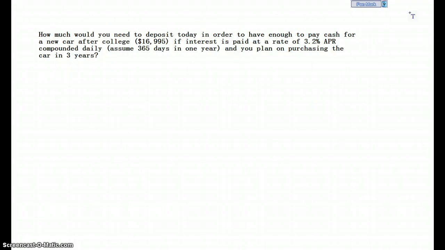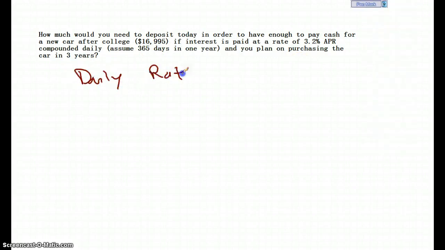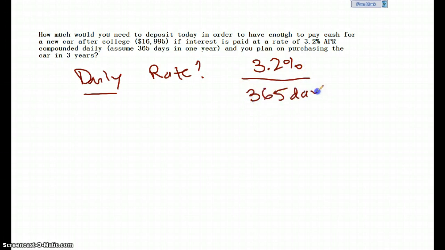How much would you need to deposit today in order to have enough to pay cash for a new car after college, which is going to cost $16,995, if interest is paid at a rate of 3.2% APR compounded daily? So we're going to assume 365 days in 1 year. And you plan on purchasing the car in 3 years. So in this case, because interest is paid daily, what is the daily rate? So we have to calculate the rate based on how often it's paid. Well, in this case, it's a daily rate, and we're taking 3.2%, assuming 365 days, they're going to split it up into